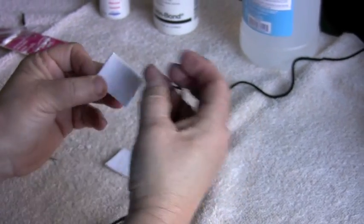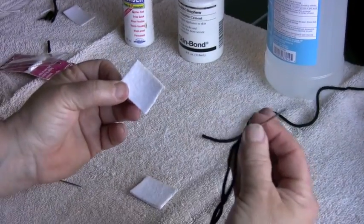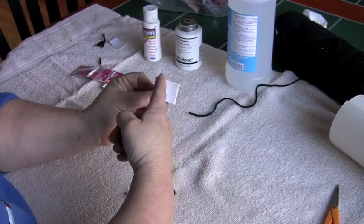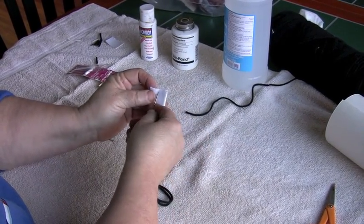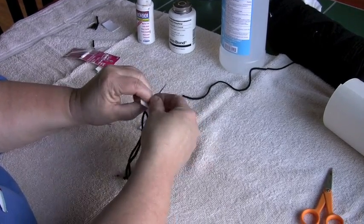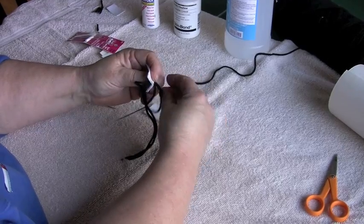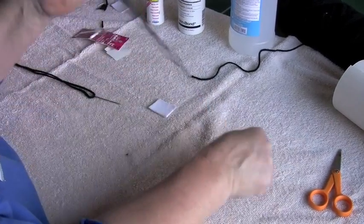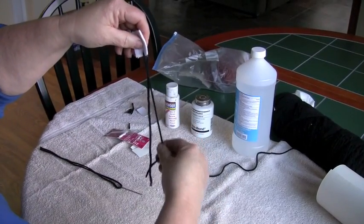Okay, now that I've got 2 sticky sides together, this is one pair, and I've threaded my yarn through the yarn needle. If this is the top side, this is the bottom side, then I'm going to go right in the middle and off the edge a little bit and stick this through like this, and then pull one side of the yarn through, take the needle off, make sure they're even here,